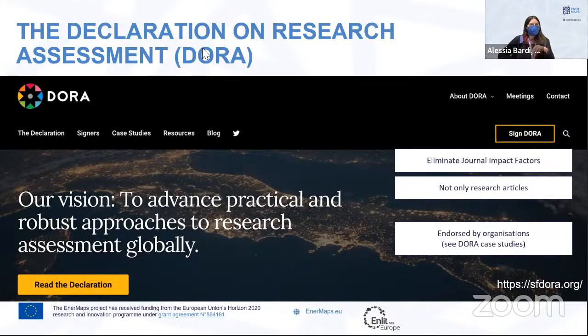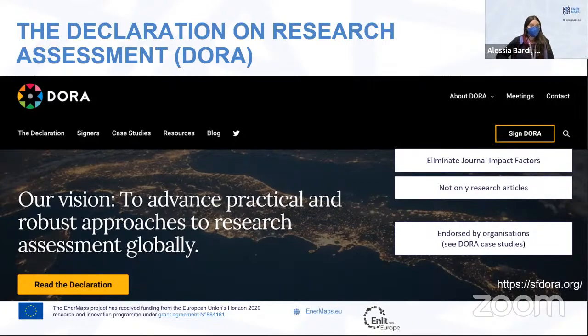I would like to stress that changes are happening at the policy level, and not only thanks to the UNESCO recommendation, but also thanks to DORA, which is the Declaration on Research Assessment. Its basic principles are that research should be assessed for its merits and not based on the impact factors of the journals, and that we should give value to all types of research outputs.